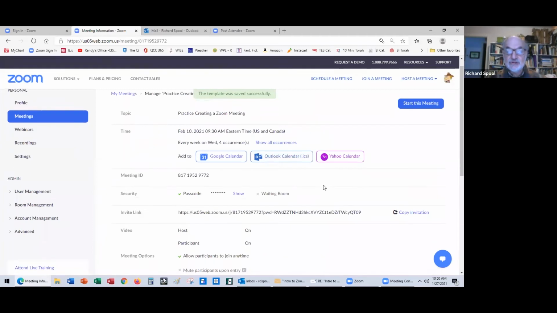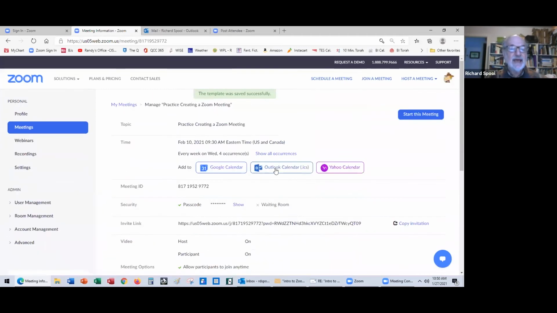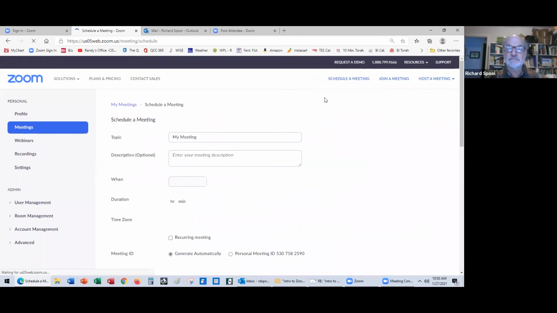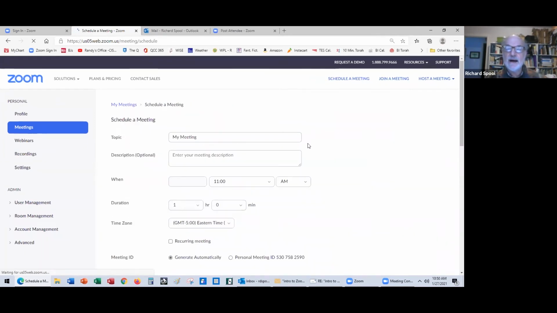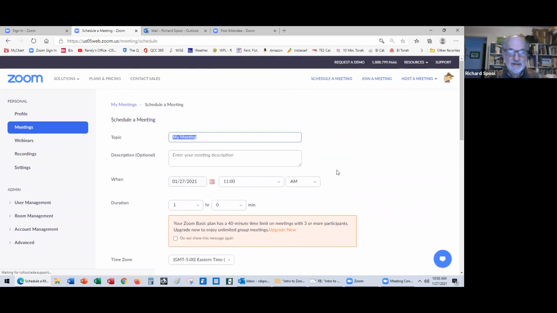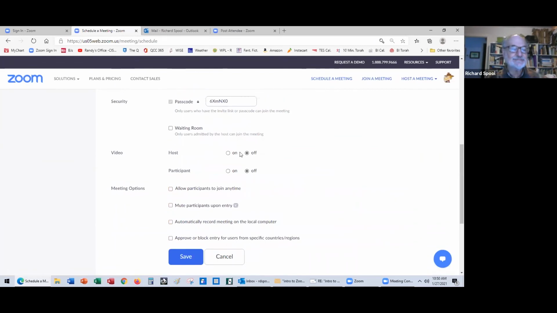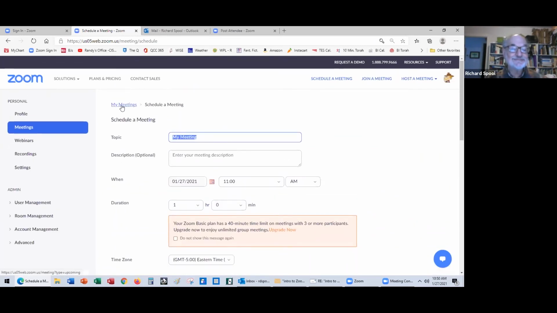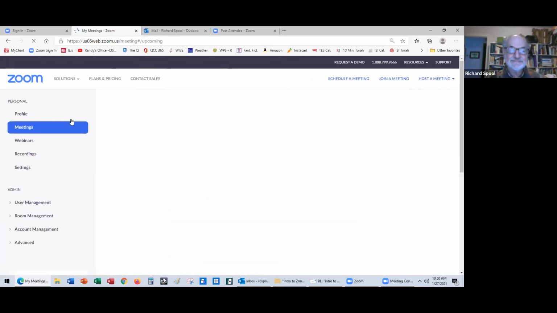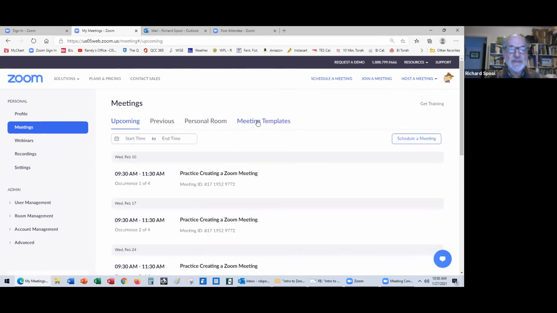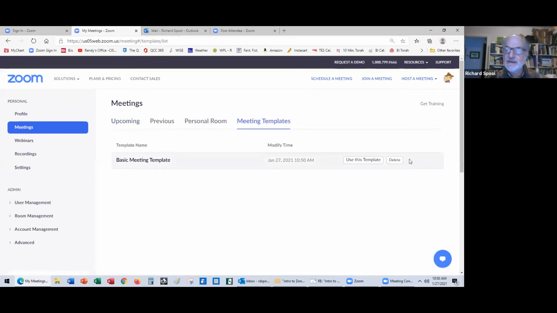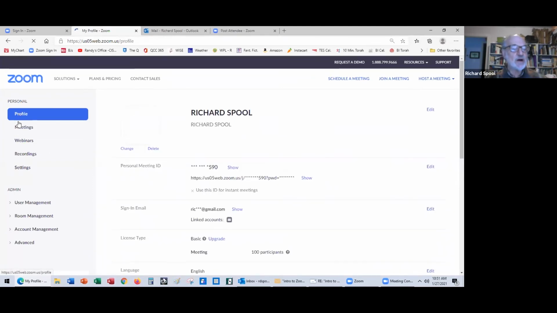And now, while I'm on the concept of template, if I wanted to create a new meeting, where am I on this? Where do I get my template? Oh, I guess I haven't done this in a while. Okay, here's my meeting template. Oh, okay. So when we were over here, when you came in first, we click on meetings, and remember,